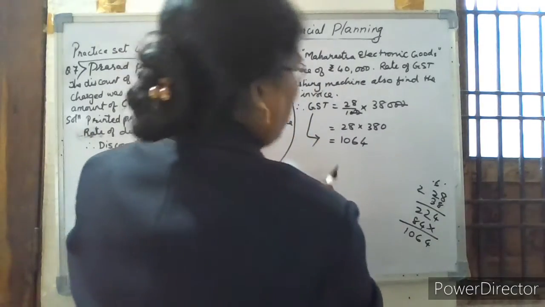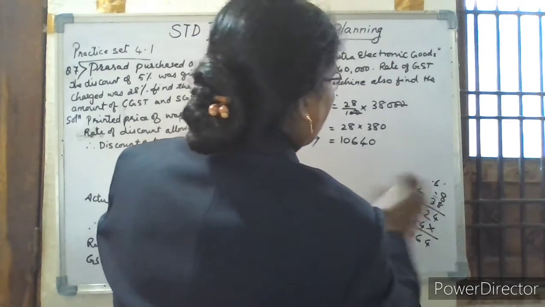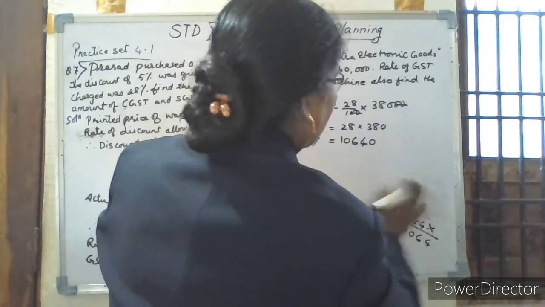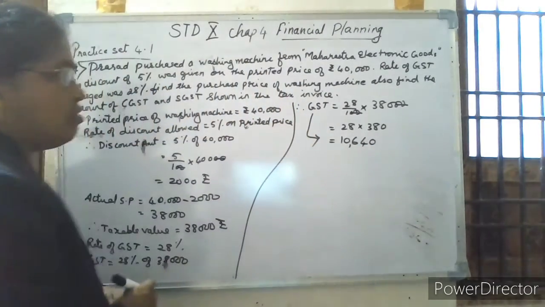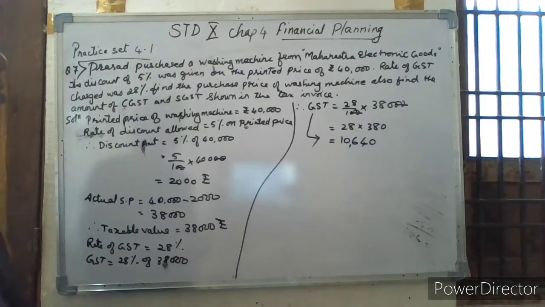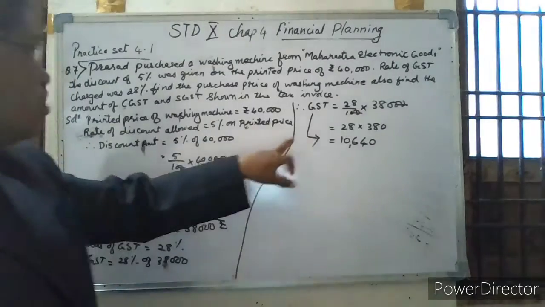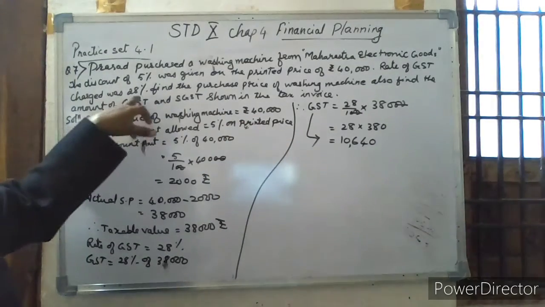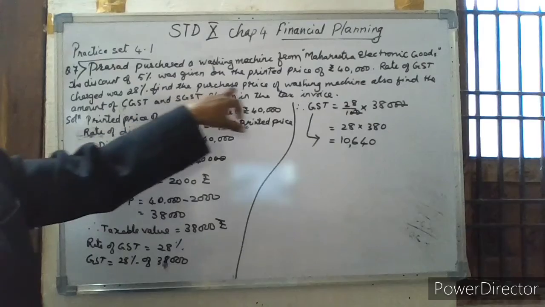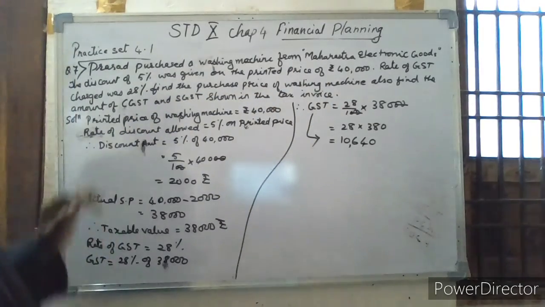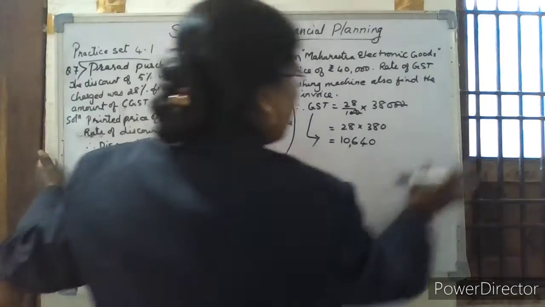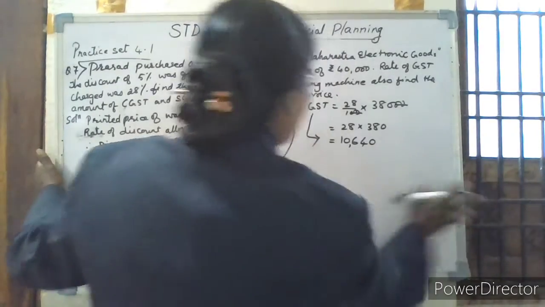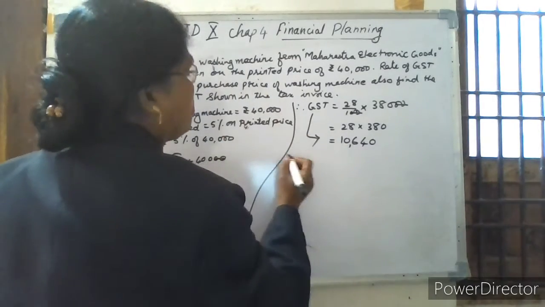Sorry, this 0 is here. So therefore here this is the GST allowed. That is 10,640 is the GST. So 28% GST. Find the purchase price of the washing machine and also find the amount of CGST and SGST. So therefore we got the GST amount. Therefore actual amount paid, therefore the purchase price